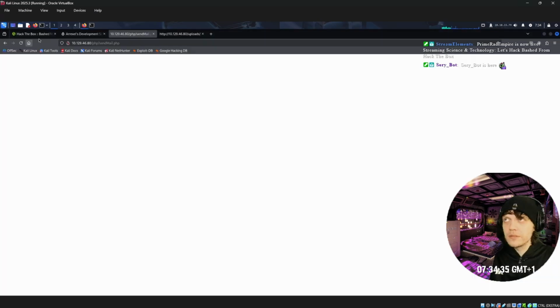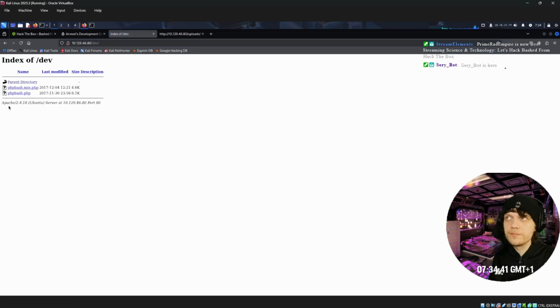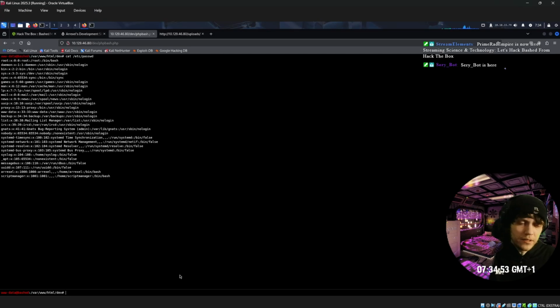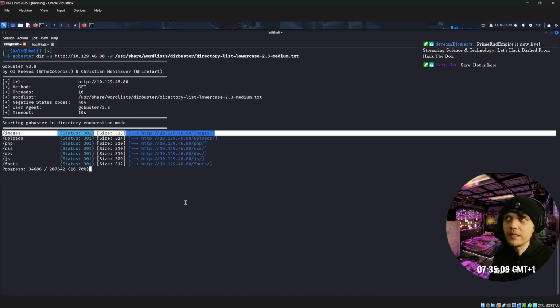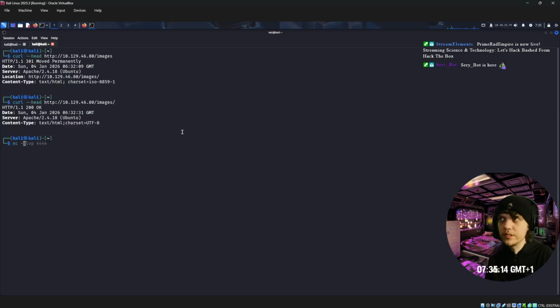But dev seems to be interesting. And it is. See here? That's a web shell. We can already see if we can pull up all of the users that are available on the system and you see that it works. So what can we do here? We get a reverse shell to the website and we get in. I think we can stop this with Ctrl-C, then we listen with nc -lvp, and then